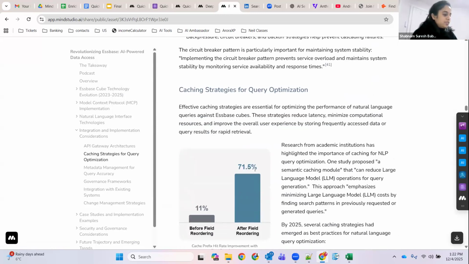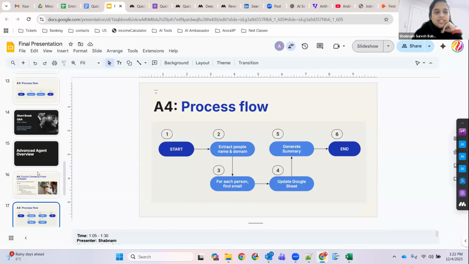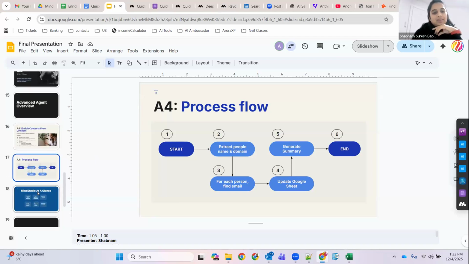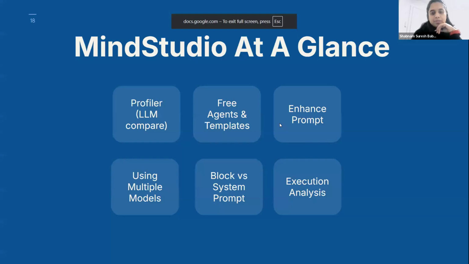Okay, so as part of our registration form, we had asked quick questions as to whether there are any use cases that you want to see. Some of them were scraping, which I think we covered in this session. There was data extraction, marketing automation, lead generation, orchestration, and personal productivity that we have covered in these sessions. I hope you were able to follow along. Next, I'm going to pass the baton to Atul to show you much more features of MindStudio.